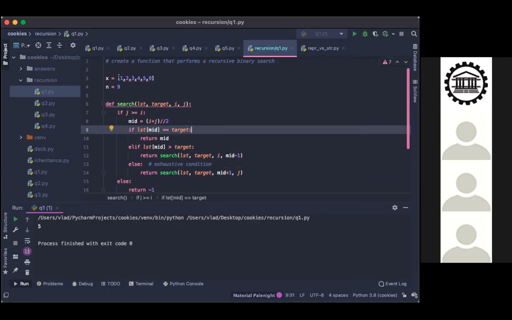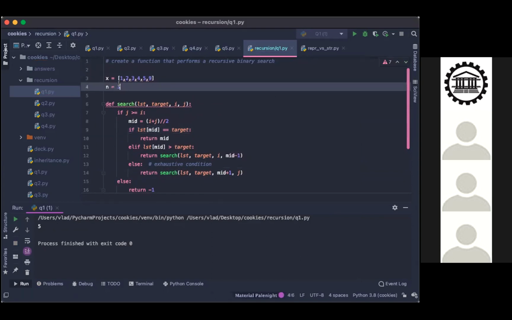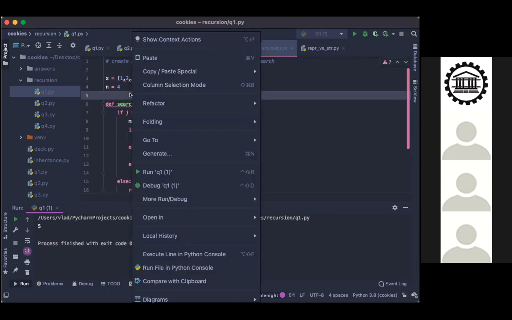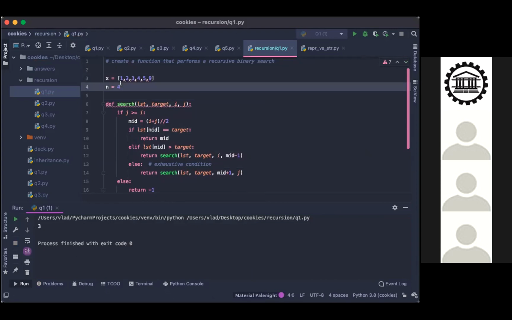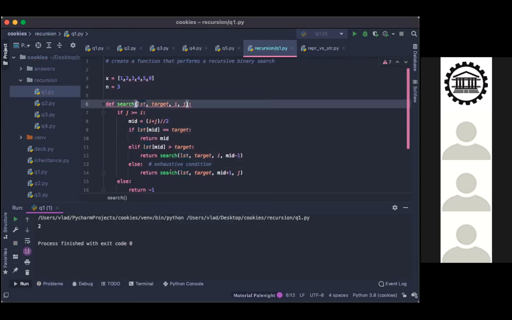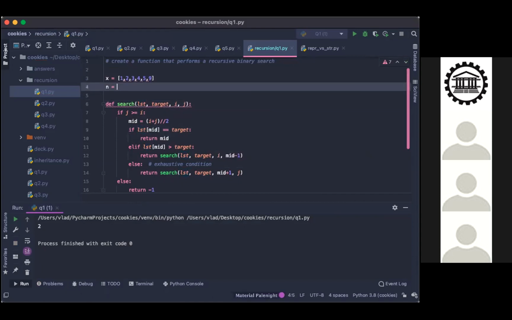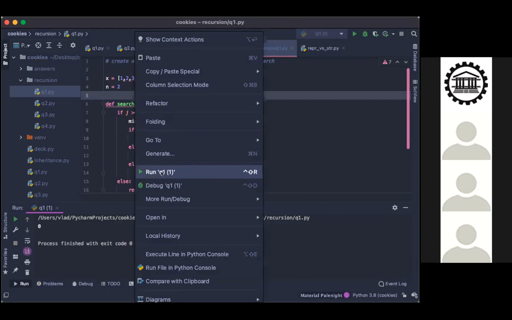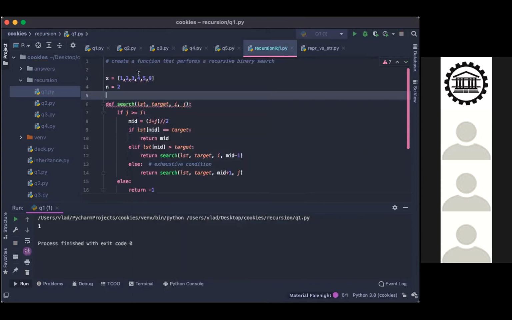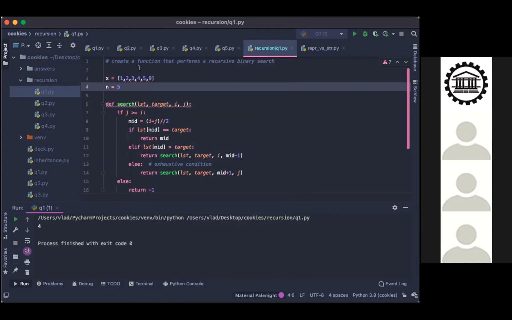In this case, index 5 is where 9 is. It is there. Let's try 4, it says it's at 3. Let's try 3, 3 is at 2. Let's try 1, 1's at 0. 2's at 1. We check 3, 4. Now let's check 5. 5 is at 4.